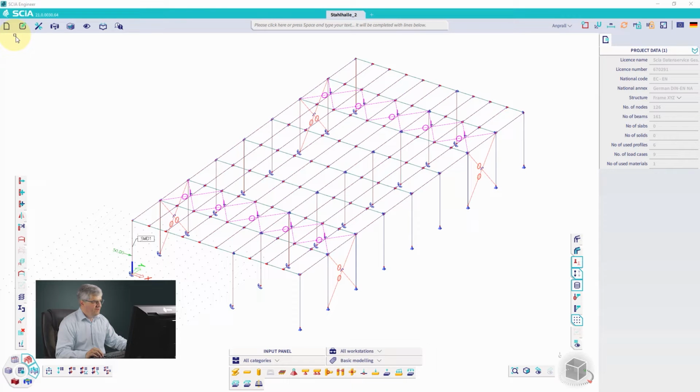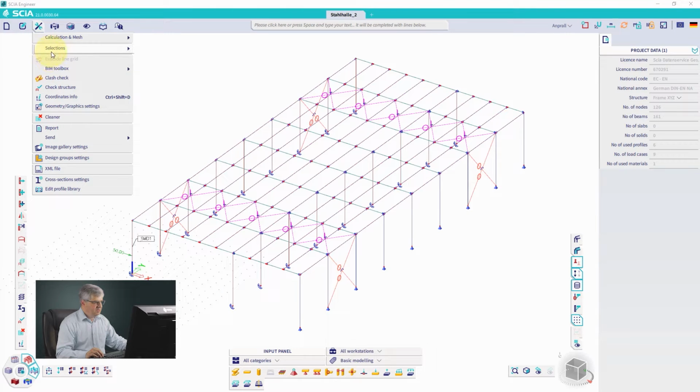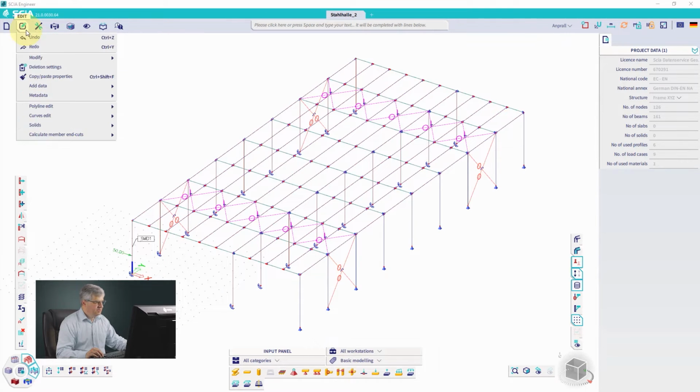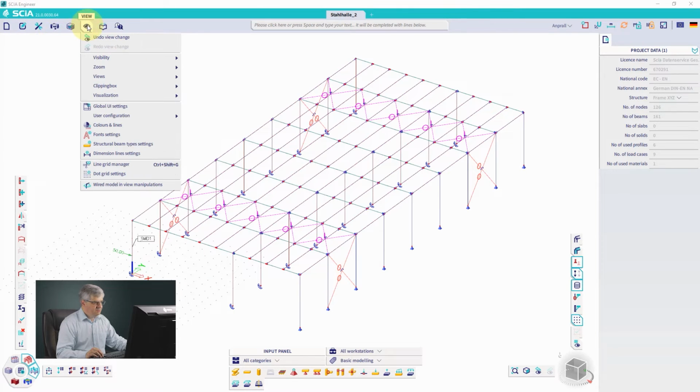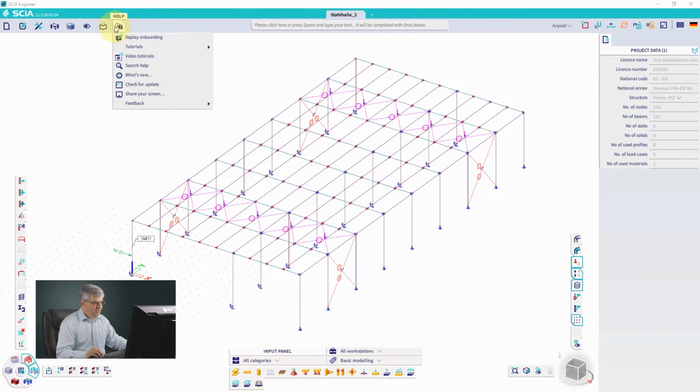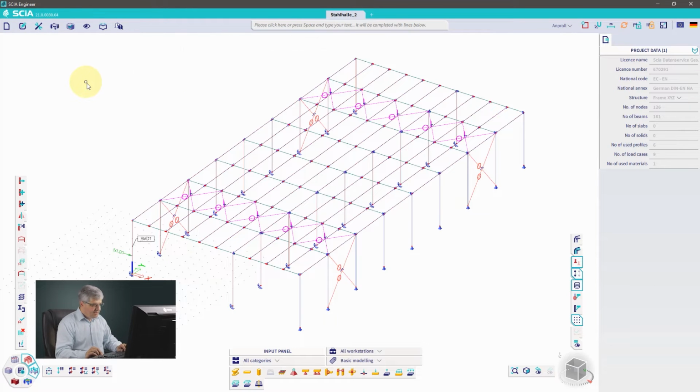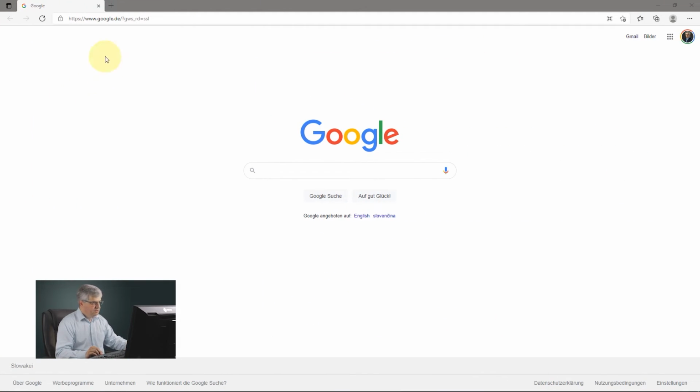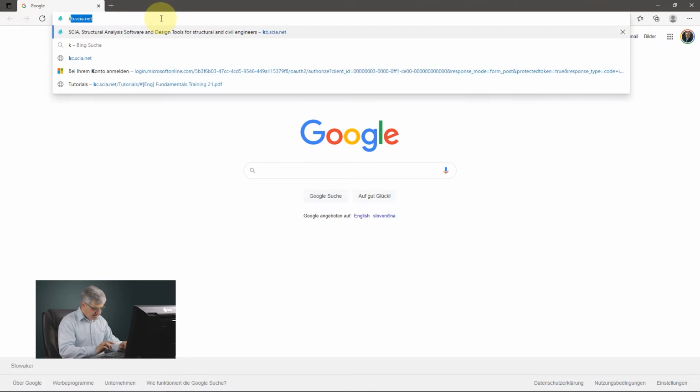So I will not go over all this menu. There is project, edit, results, some editing, and so on. There is editing here, modify, view settings, libraries, and help. Help is important. For the start, please go through this onboarding session. You also find a concrete and steel tutorial. And there is also a knowledge center in SCIA Engineer,